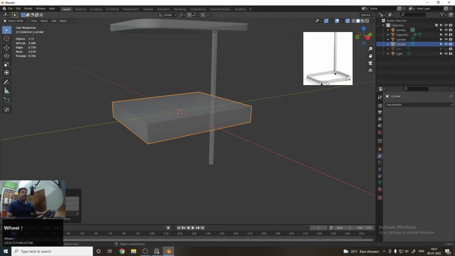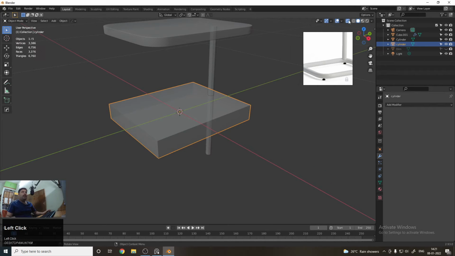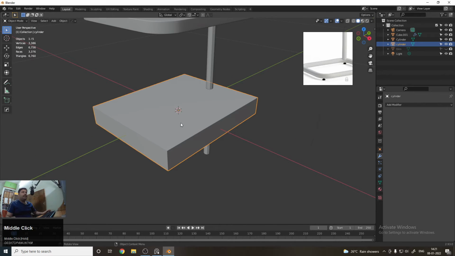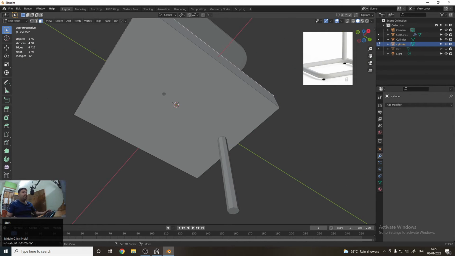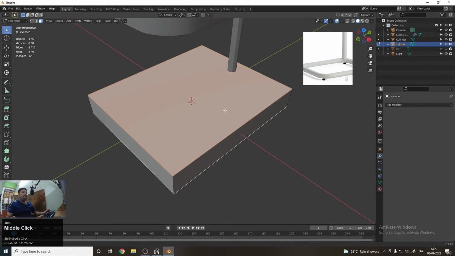So first we will create this cylinder, but you can see that in this portion the center is empty, but here the cube is not empty at the center. To do that, go to the edit mode, use face select, and select with the help of Shift the bottom face portion.